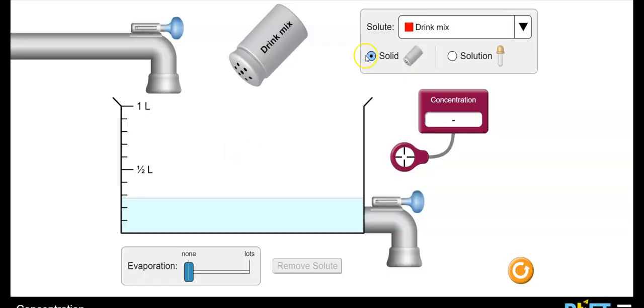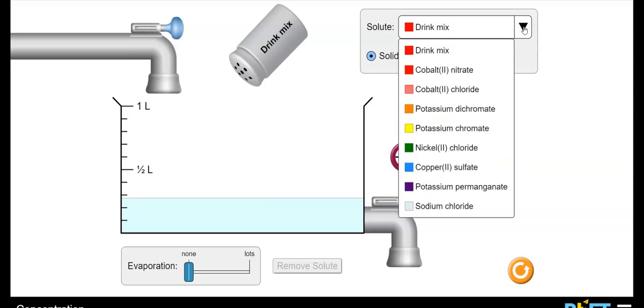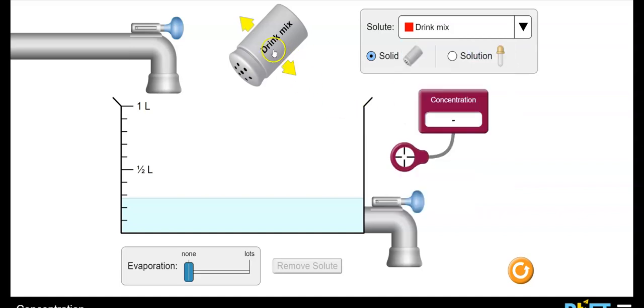So let's pick a substance. I have this program here. This is called PhET, from the University of Colorado, I believe. So what do we want to do? Do you want to do drink mix? We can do whatever you want. We can do drink mix. That's fine because we don't really care about its concentration. So let's add some